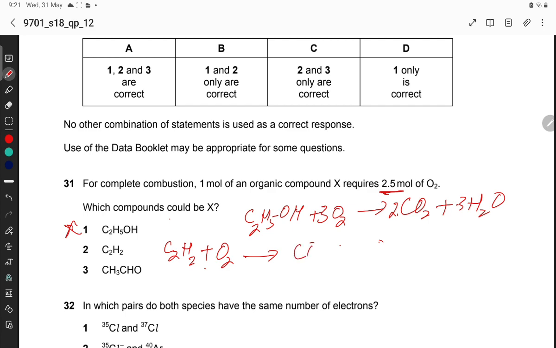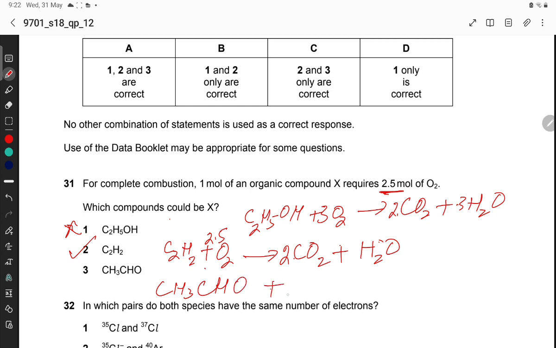C2H2 plus oxygen gives carbon dioxide and water. 2 and 3, 1.2 hydrogen, 2 carbon, 2 to the 4, 4 and 5, so 2.5 moles are there. This is correct. CH3CHO